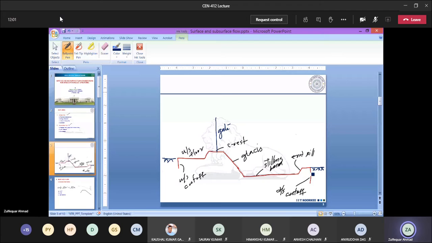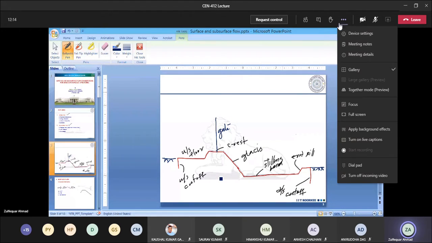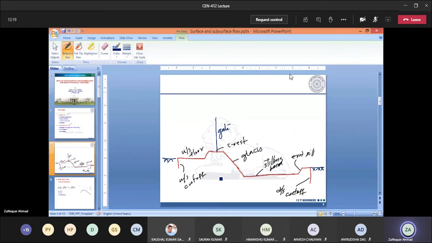Those protection works, right? But this is the alluvial bed in the downstream, and this one is the alluvial bed in the upstream. So now this is a section that I have drawn, and now once we are talking about the flow through this, then on the surface of this we have the flow, right? The water, maybe if this is having, let us say, a free flow, means that this is the crest level, this is the crest level.